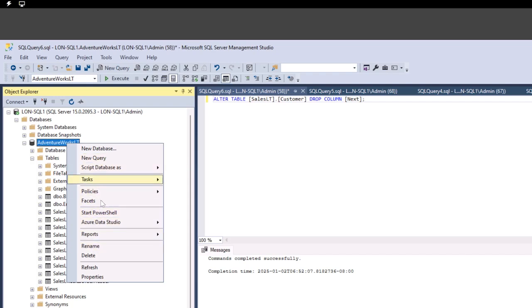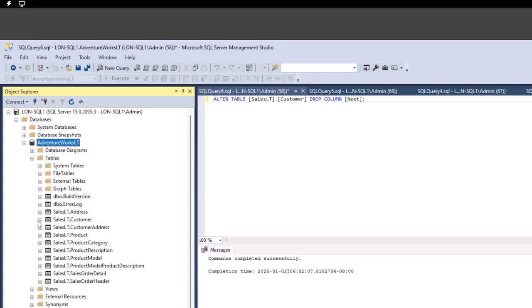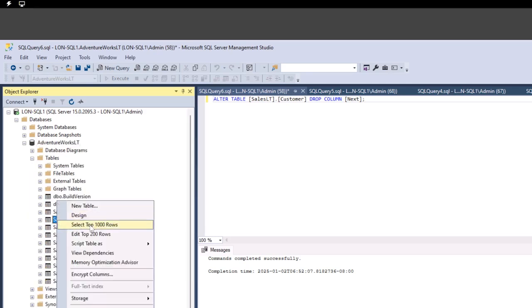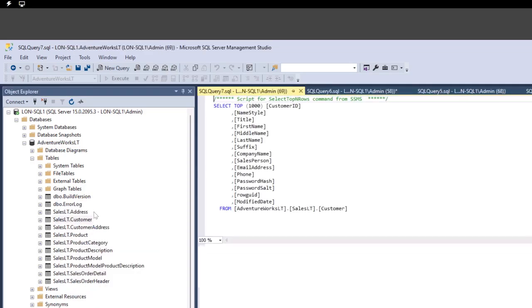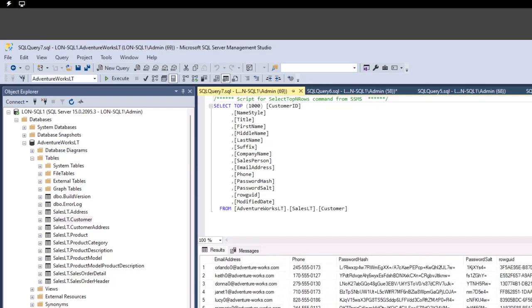I'm going to be refreshing. So we dropped it. Do we expect to have the information as part of the table? Let's see it. So that's the table we want to see. Select top 1000 rows. Let's scroll to the right. And now the next column is not here anymore. Okay, so let's go back to our